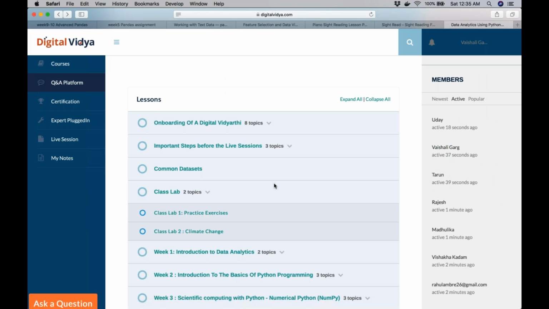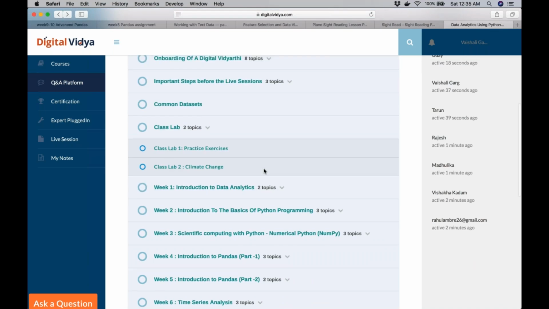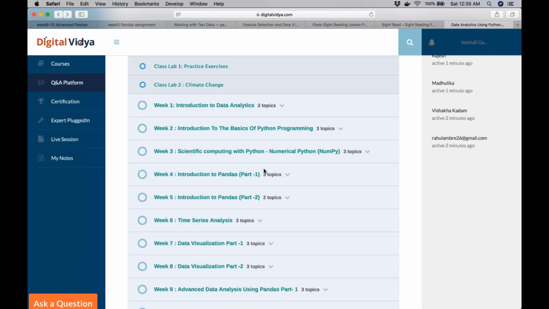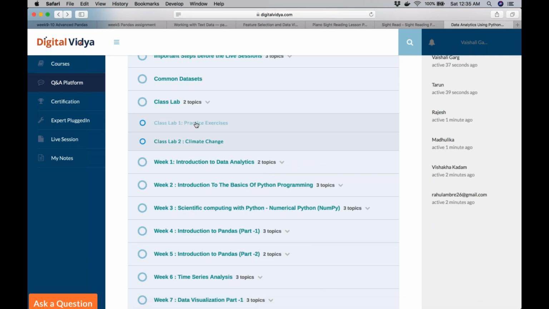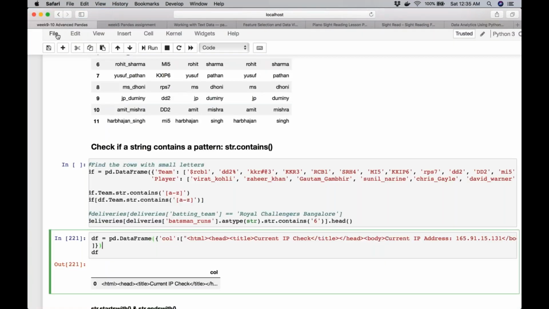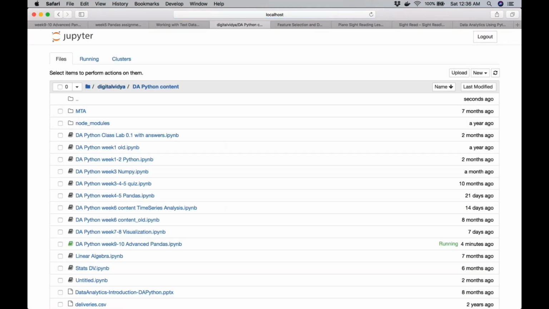So the pure Python class lab I generated while creating along with your batch. I thought I shared it with them, but looks like I haven't. But this is the Pandas class lab. Let me show you what it has. This is class lab one.